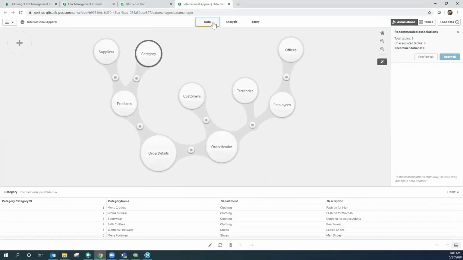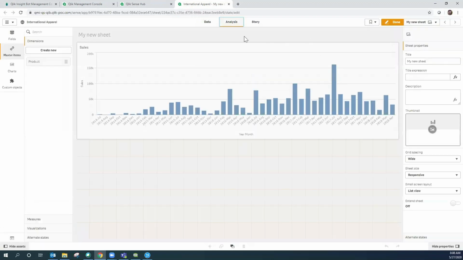So to start this end-to-end demonstration of creating a Qlik Sense application and then training the Insight Bot, I've already created a Qlik Sense application called International Apparel, and as you can see on the data model, it's a data model based on that particular organization's sales of products. In the sheet itself, I've already created a simple bar chart that shows the sales of the products by year